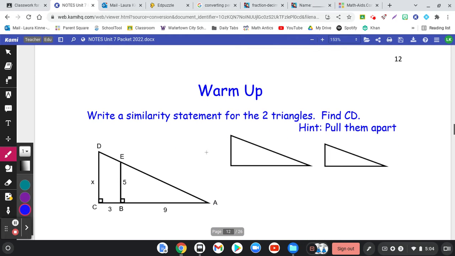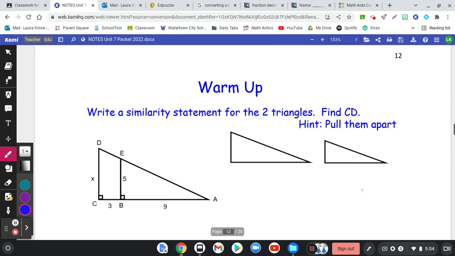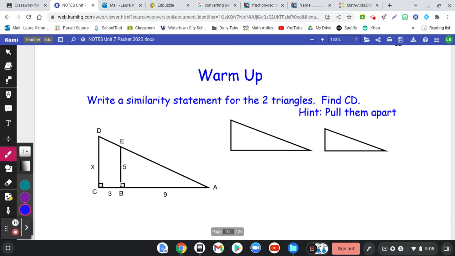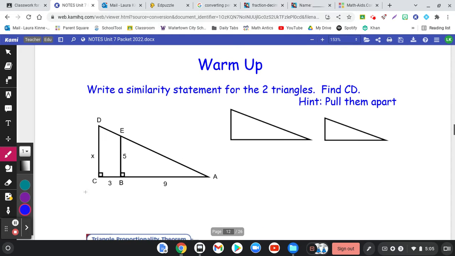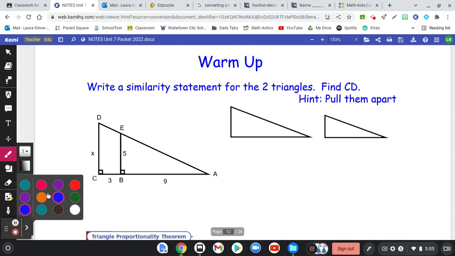If I were you, I'd pause this video and give the warm-up questions a try, or you can go ahead and work on them with me now. It says to write a similarity statement for the two triangles, and then it wants us to find CD,